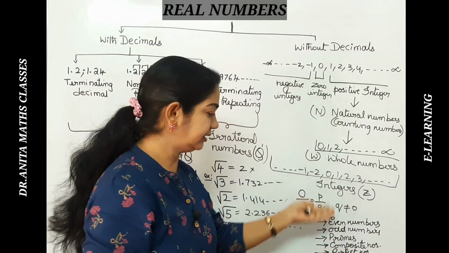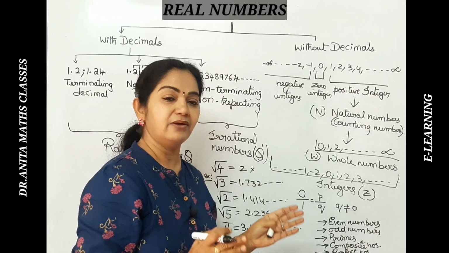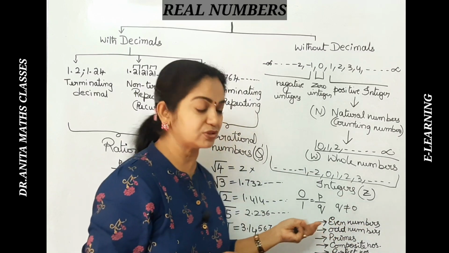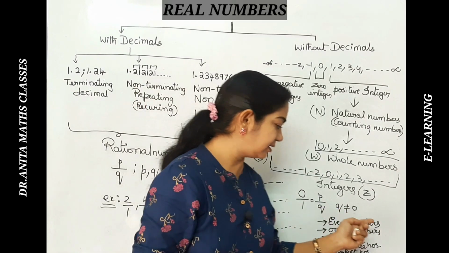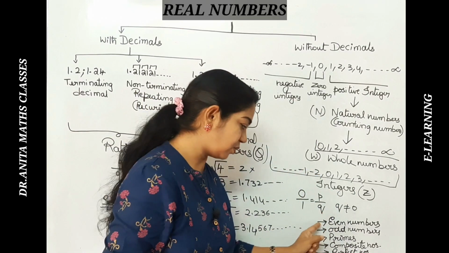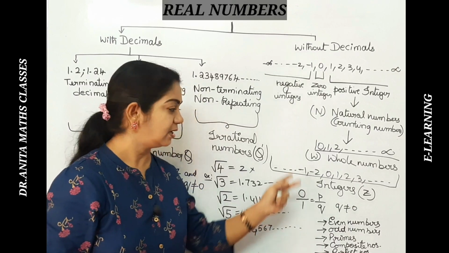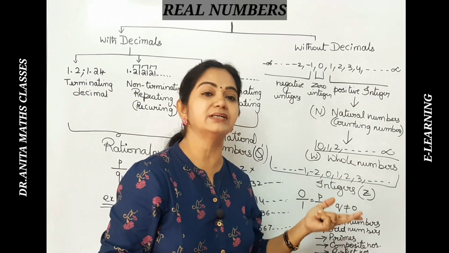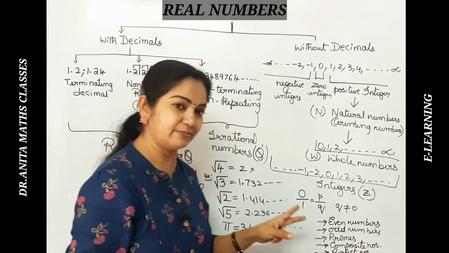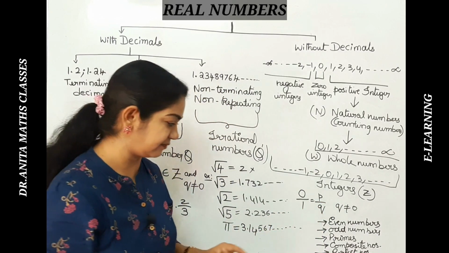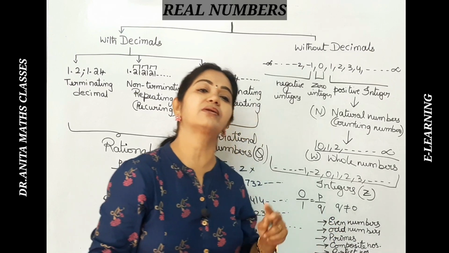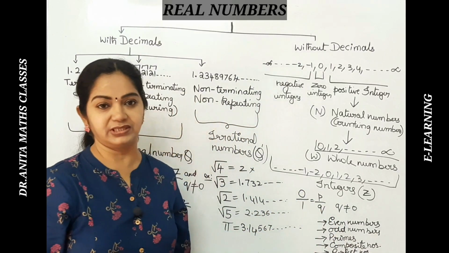They come under integers. Now, even numbers are the numbers which, when divided by 2, give a remainder 0. That means it's exactly divisible by 2. Those are called even numbers. Odd numbers are numbers which, when divided by 2, give a remainder 1. So those are the odd numbers. Prime numbers are also integers. Prime numbers are the numbers having factors 1 and itself. No other factors go with the prime numbers. Composite numbers are the numbers having factors more than 1 and itself. That means those which are not prime numbers are called composite numbers.